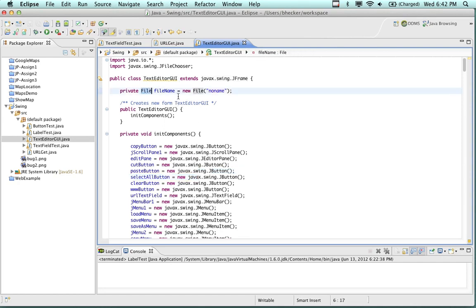So we are creating a new variable called file name, which is a file data type because it's a file name. It's going to be equal to no name by default. So if it's no name, we can do some error checking on it. Then we're going to create a new form, and we're going to call it text editor GUI. And so text editor GUI is initialize components. Text editor GUI is a